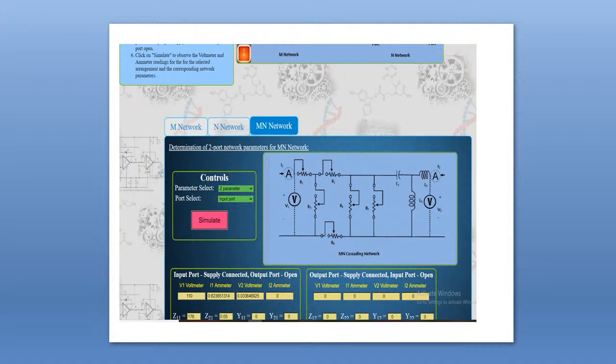Hello, my dear student. Actually, due to an internet problem, it is automatically disconnected. So